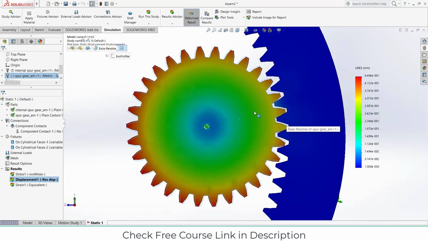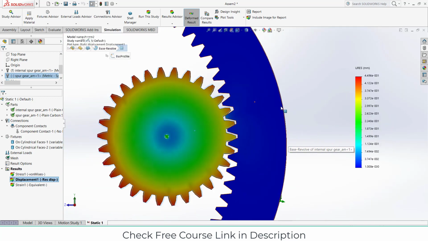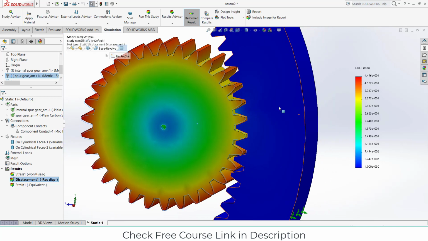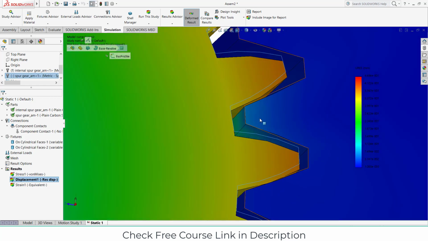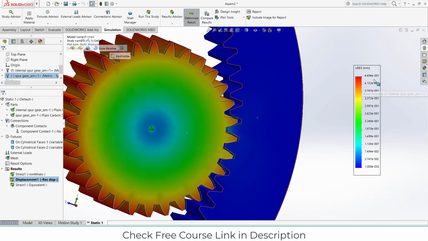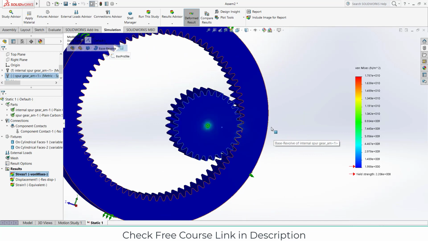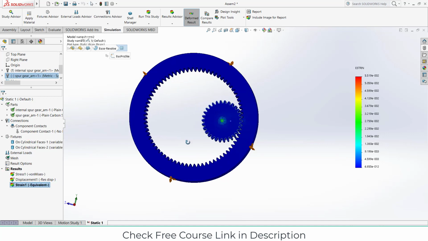Just to note, if anybody is wondering why there is not much stress on this gear, the reason is that this gear has a fixed geometry. It means that this geometry is not going to move anywhere else. That is the reason you are not able to see much stress here. But if you zoom in, you can see the teeth here are getting stressed, and you can also get the value of the maximum stress, that is 4.69. It takes a lot of time on my PC as well, so do yourself a favor: do the simulation on a good PC, not a PC like mine.